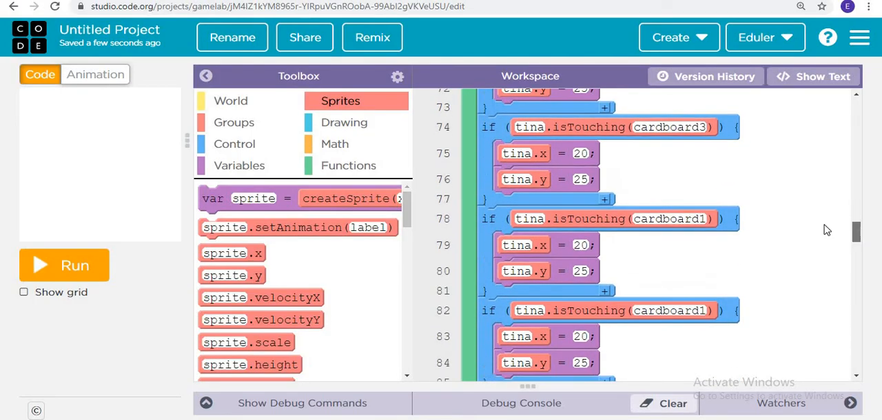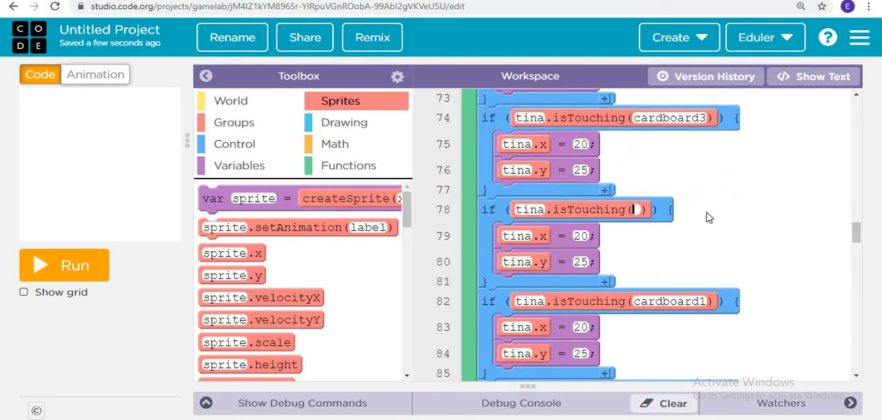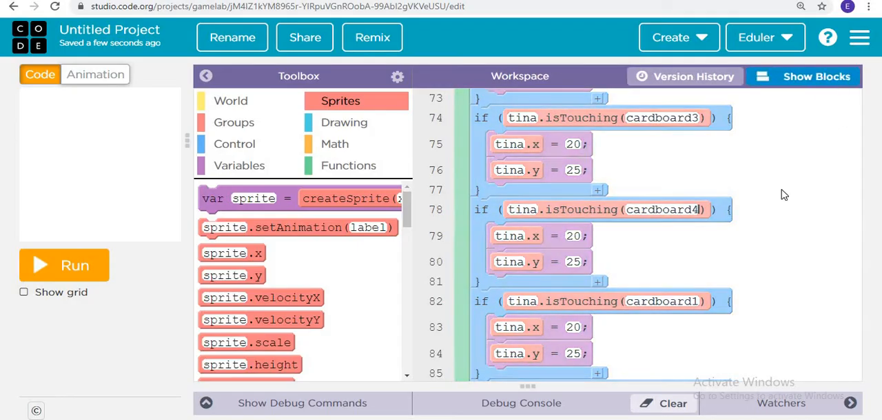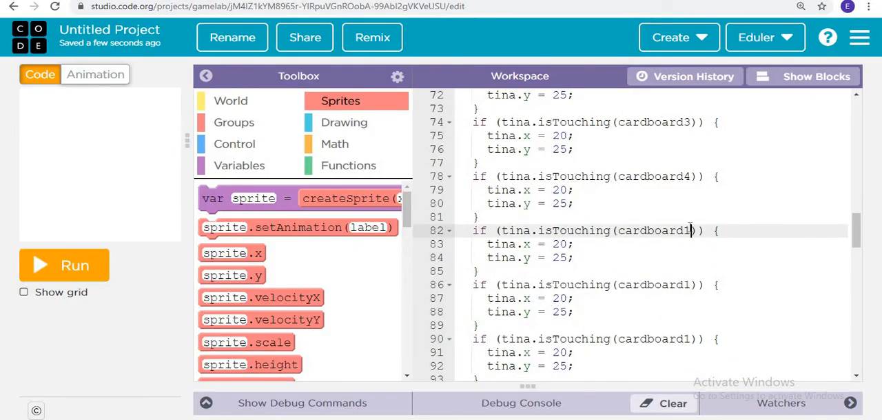Cardboard 3, cardboard 4, now we can work it with show text, cardboard 5,